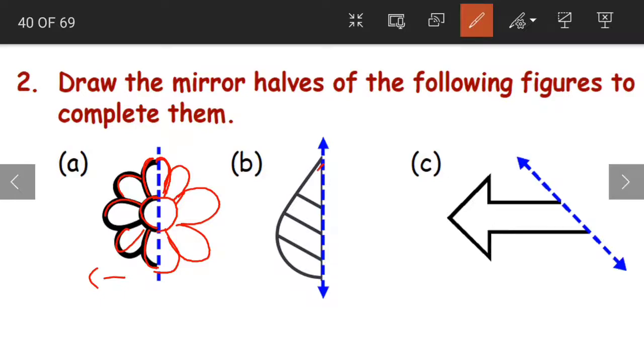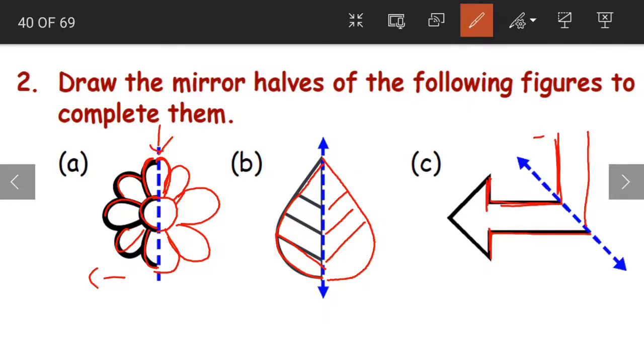Again for figure B, now look at this shape. The same shape is to be drawn here. And then we are having lines, it is like this. Understood? With the line of symmetry, this is the line of symmetry here. With the help of the line of symmetry, we are able to complete these figures. Now even this, it is here. So here, then here, and then here. Then we are having two lines like this. Then we are having a triangle on top.